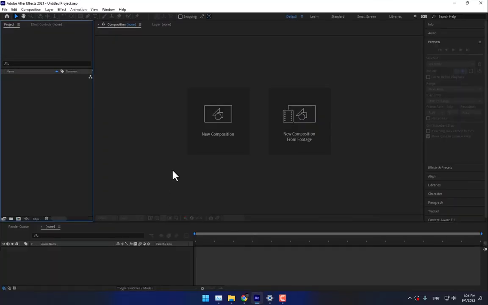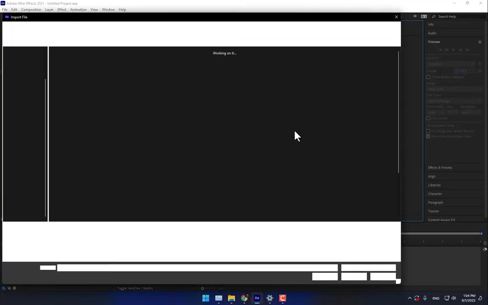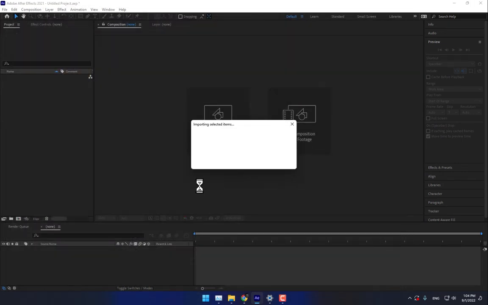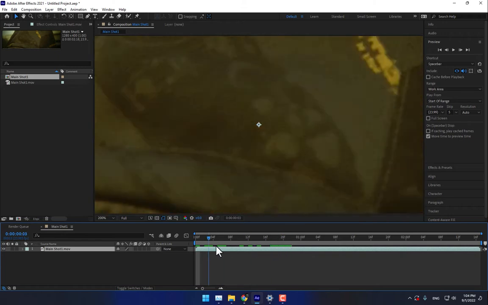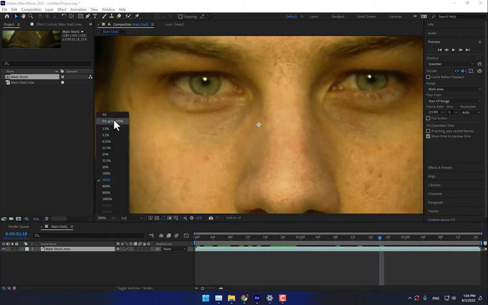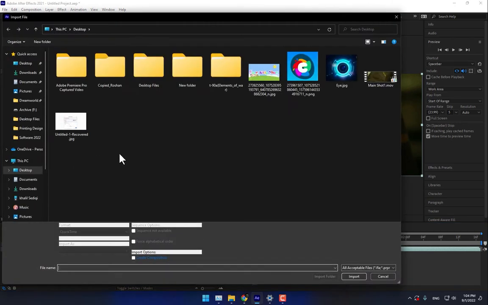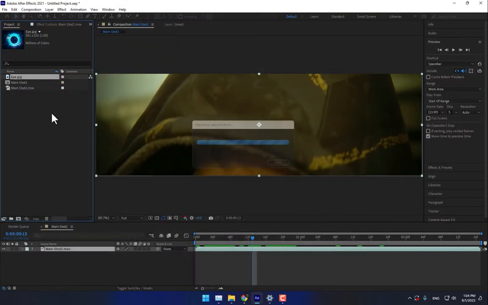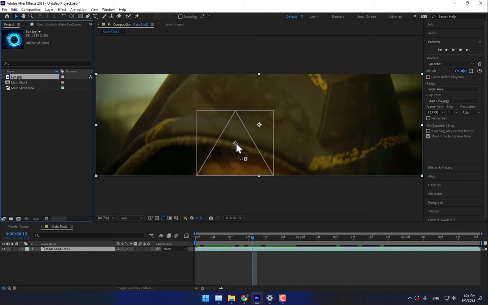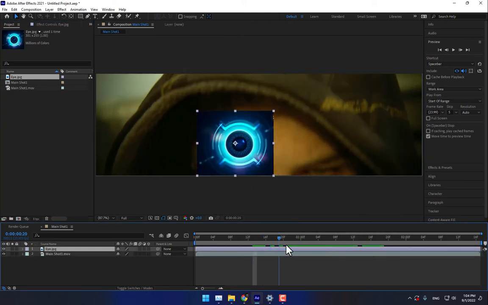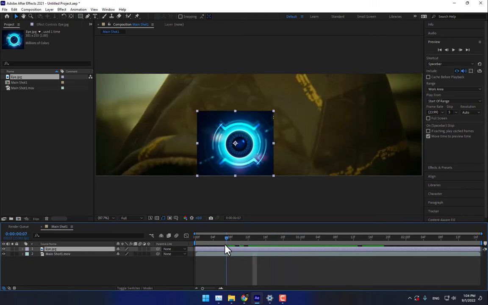First, go to After Effects, create a new composition from footage, go to desktop, select your footage. There is the footage. Fit it to your screen and then double click, import the picture of the sci-fi effects. In the next tutorial, how to create motion of these effects. So let's